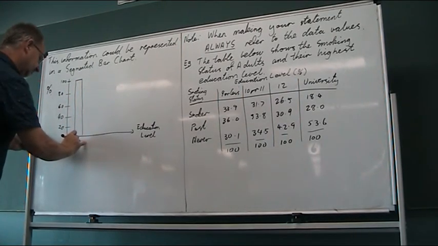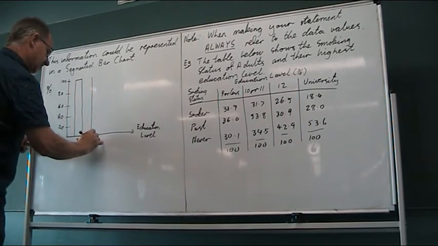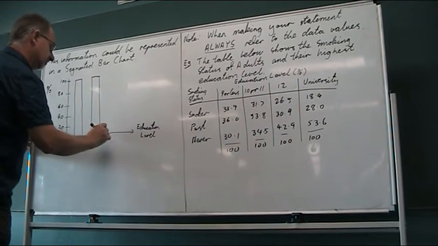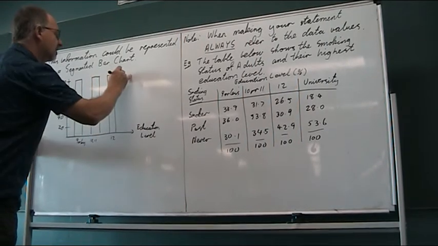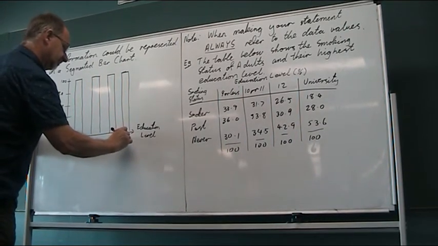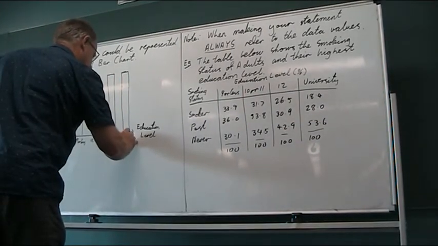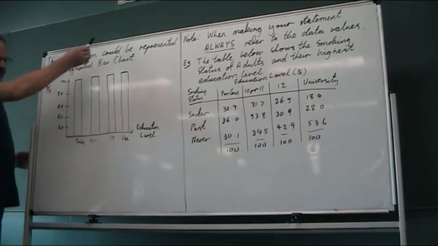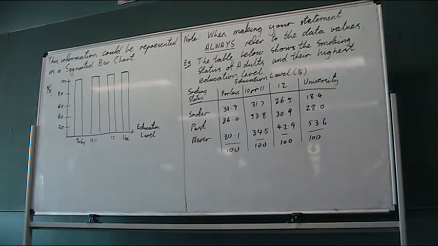So the year 9, there's a bar for that. 10 or 11, there's a bar for that. Year 12, there's a bar for that. And then university, there's a bar for that. All right, so all the bars go to 100% because there's 100% in each of those. But what's different about the bars is